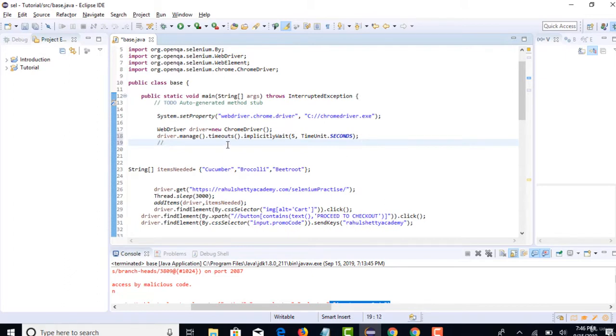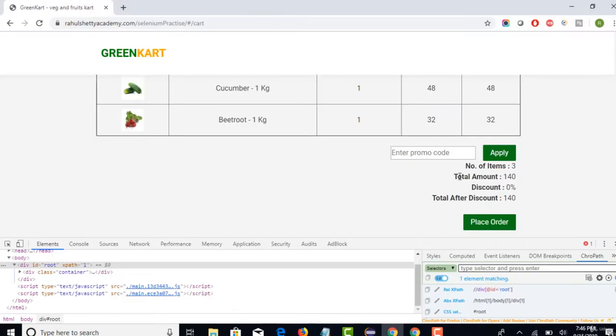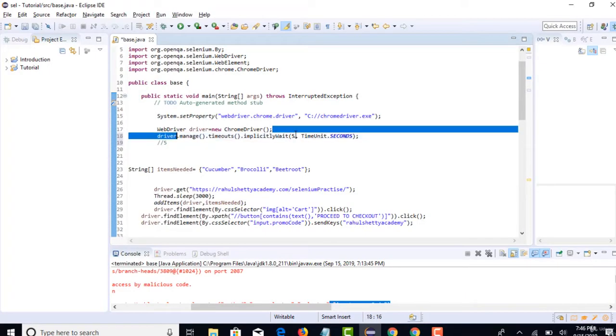If it takes 6 seconds, more than 5 seconds, then it will fail because the maximum it will wait is 5 seconds. If the object is displayed in 3 or 4 seconds, that's fine. It will not hard-codedly wait for 5. If this page is displayed in 1 second, then after it displays it will continue. It will not wait for 5. So 5 is the maximum time it will wait, but if your object is displayed before that, it will stop waiting and continue your test case.